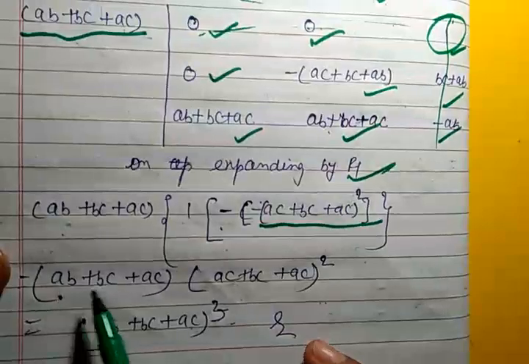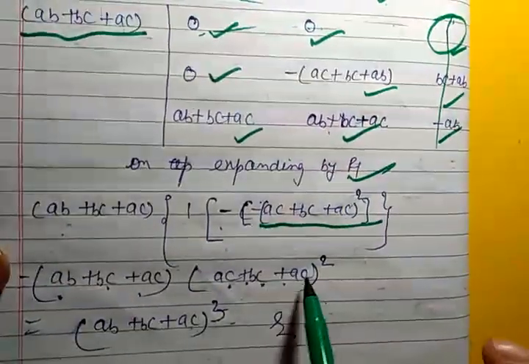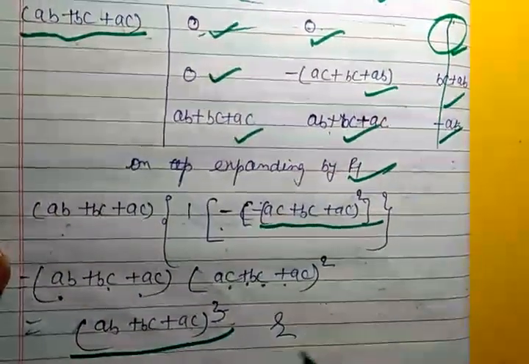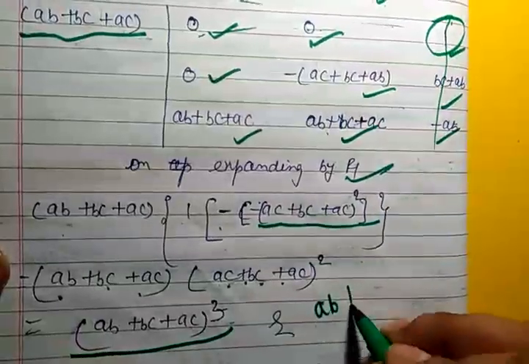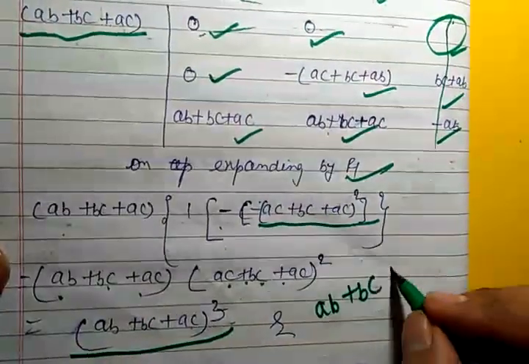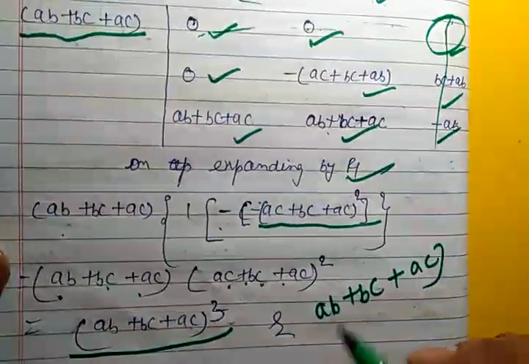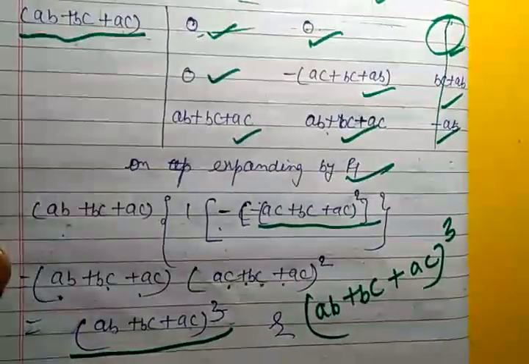तो ये आएगा AC plus BC plus AC का whole square. Then you will get here AB plus BC plus AC और AC plus BC plus AC और इसका स्क्वायर कर देंगे तो you will get the answer AB plus BC and plus AC का whole cube. ठीक है, ये हमारा आंसर है. बड़ा इजी क्वेश्चन है, कोई दिक्कत वाली बात दूर दूर तक नहीं है क्वेश्चन में.